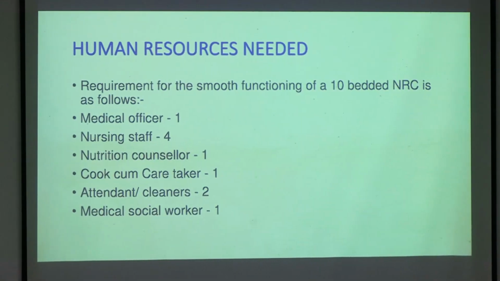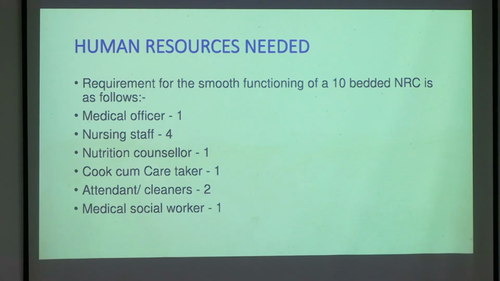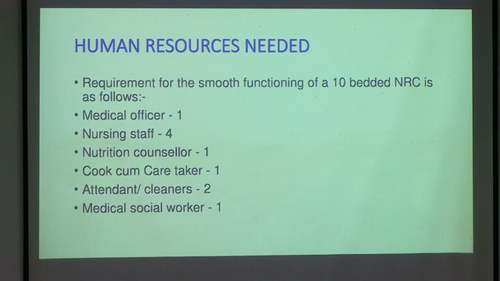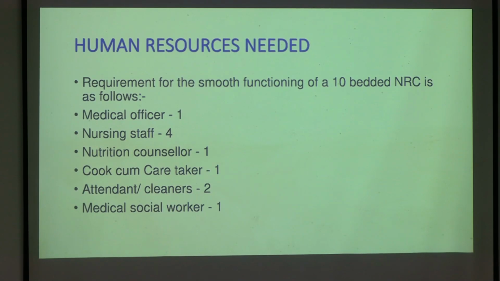कौन काम करता है NRC में? एक डॉक्टर रहेगा, medical officer, एक nursing officer रहेंगे, counselor रहेंगे, cook चाहिए होगा खाना preparation करने के लिए, helping staff चाहिए होगा, कभी कभी data entry operator चाहिए होगा computer में data entry करने के लिए. ठीक है, attendant चाहिए, साफ सफाई करने के लिए लोग चाहिए, baby sitter भी चाहिए. ठीक है, and of course the last one is very important, medical social worker. MSW is a separate designation and they are qualified in sociology.